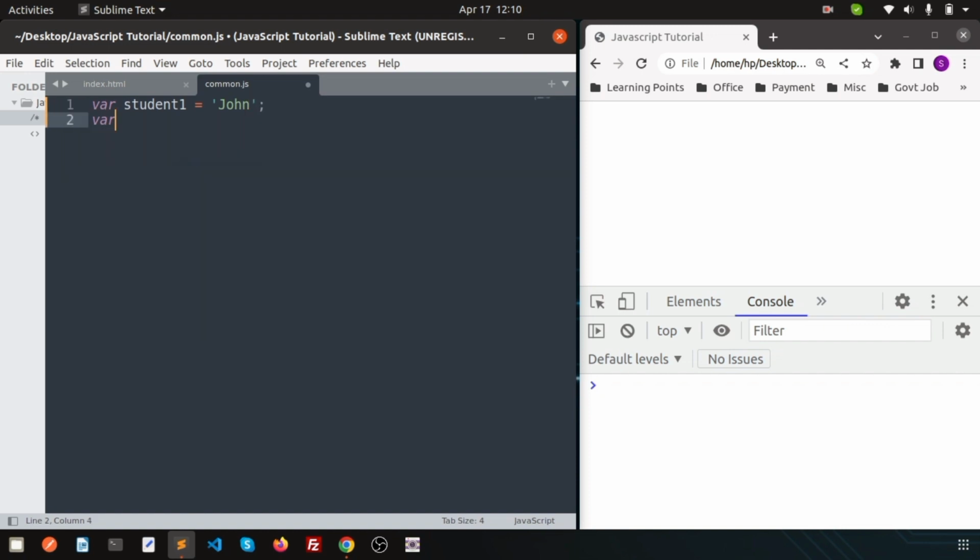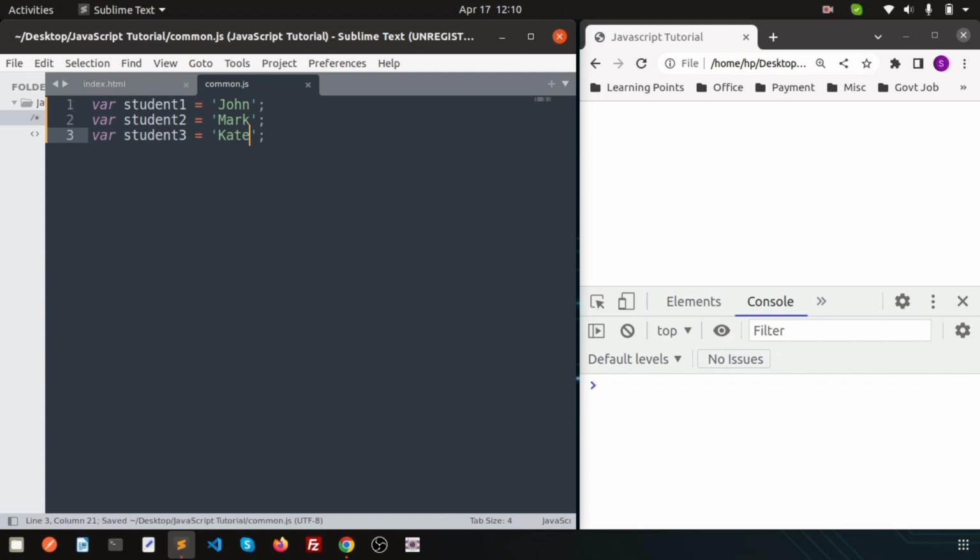And in this way there is another student, suppose I am going to create student 2 and the name is like Mark, okay? And another, so let's create student 3, and let's say the name is anything like